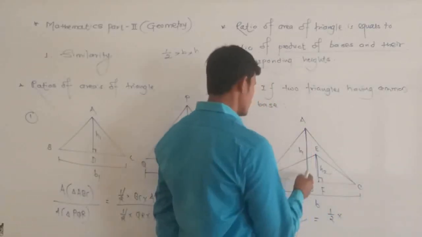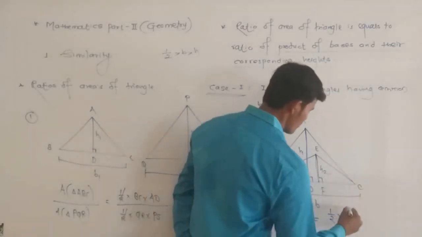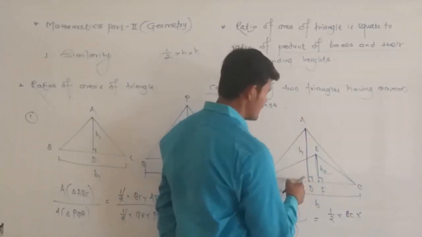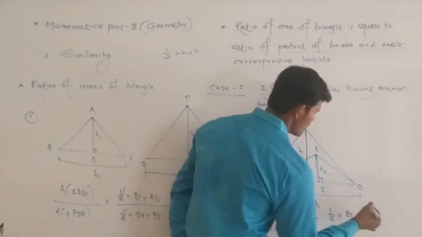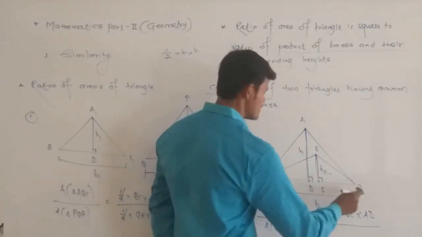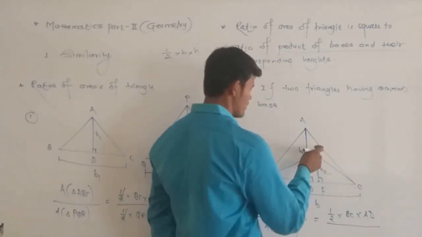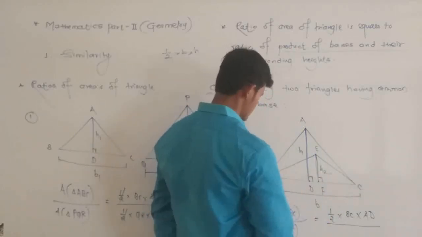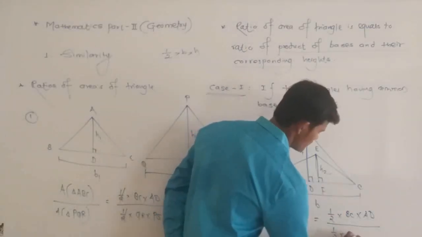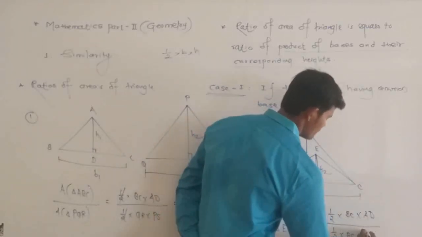In this perpendicular line, the segment on which it is drawn is taken as the base. So BC is the base for triangle ABC and the height is AD because it is perpendicular. And for triangle EBC, the base is BC. Why? Because the perpendicular segment here is drawn on segment BC. So half into BC multiplied by its height, which is here.